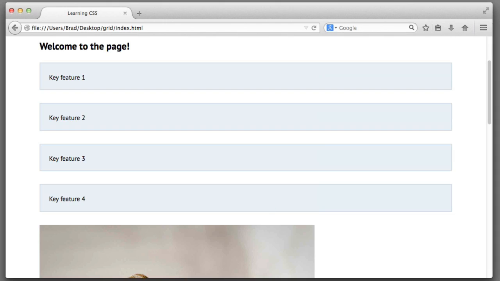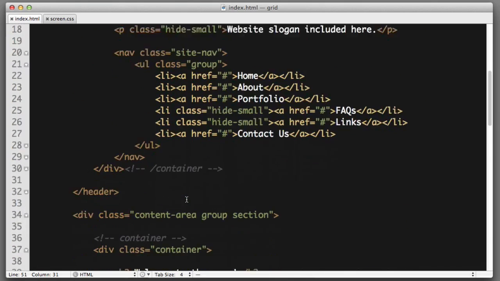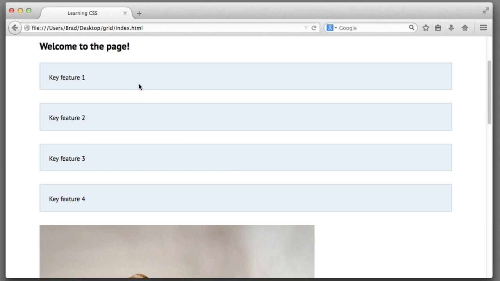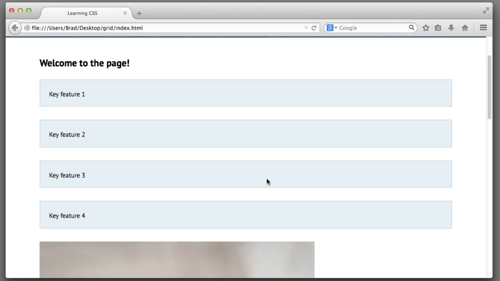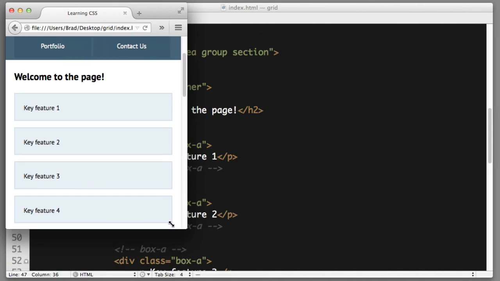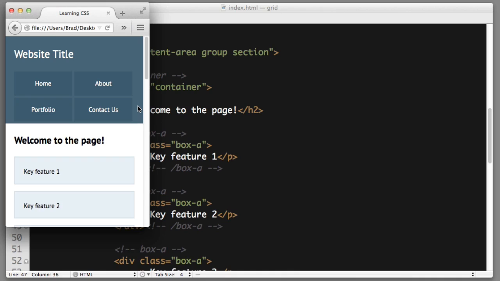Now what we're going to do together is wrap this content that's making up the page in certain divs with specific class names in order to create the different layouts for different screen sizes that we looked at earlier. Now, most responsive grid systems adopt a mobile-first approach, and the code that I set up is no different. So I'm going to resize my web browser to resemble that of a smartphone, and we can see that our